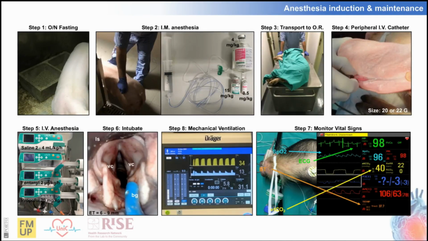So I will now take you through our protocol in a step-by-step manner and describe the main steps of performing PV loops in pigs. So before we get into the actual PV loop experiment, the animal needs to be prepared. The day before the experiment, the animal should be fasted, and we usually do this by leaving a little bit of food the day before the procedure, since the maintenance of the animal housing is usually done in the morning, meaning that during the day the animal will eat the rest of the food and then fast during the